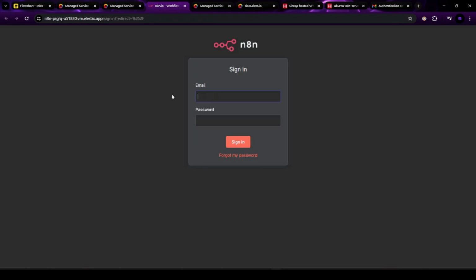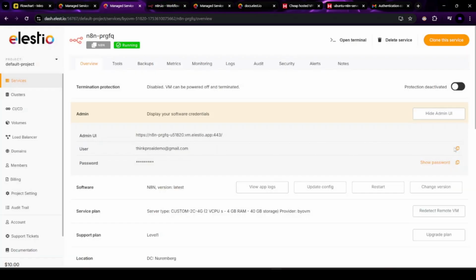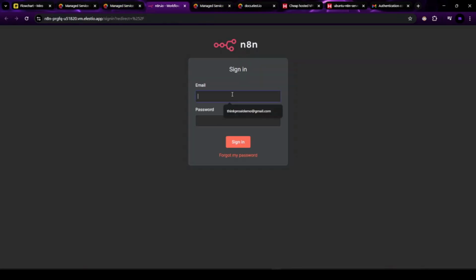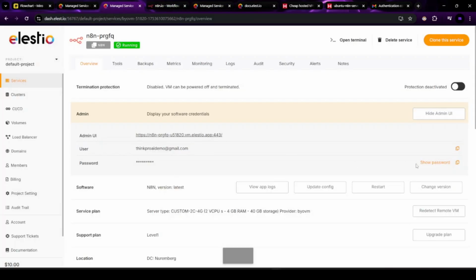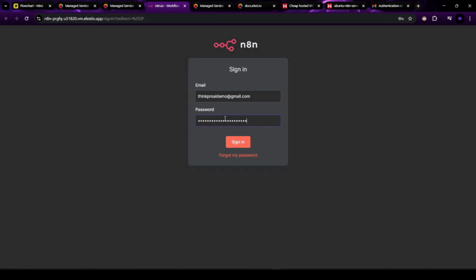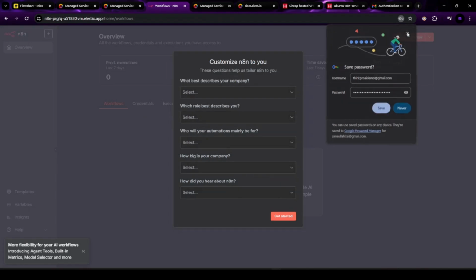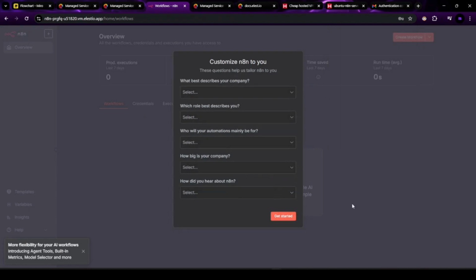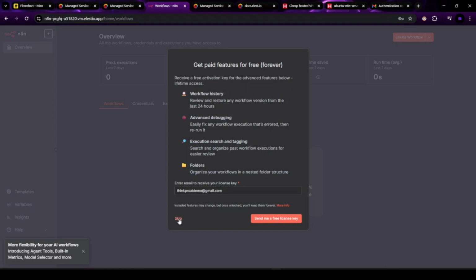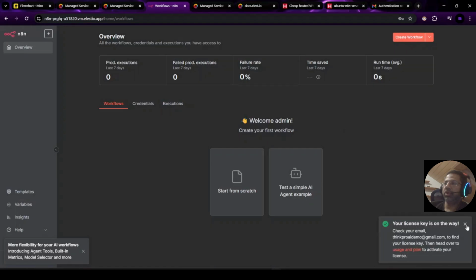Open here, it will ask you for the username and password. The email ID is here and you can copy from here, and the password is here. Just copy it, and then sign in. If you would like, you can provide your email ID for the additional paid features. And here we go. You now have an n8n setup here, which is being managed by ls.io,